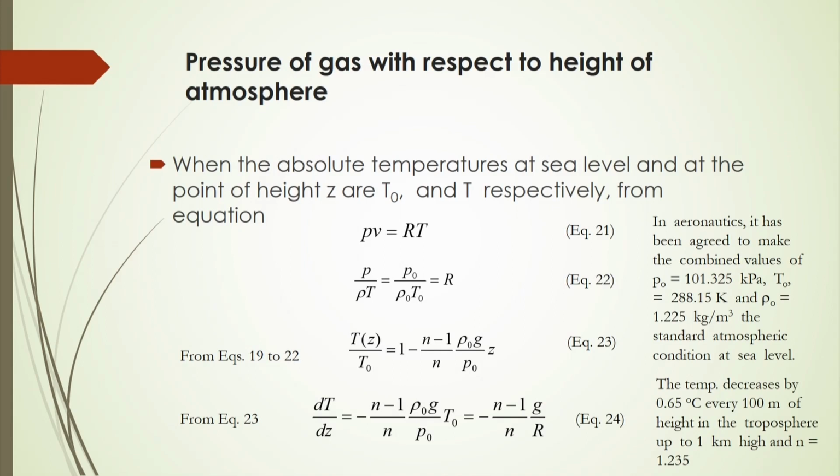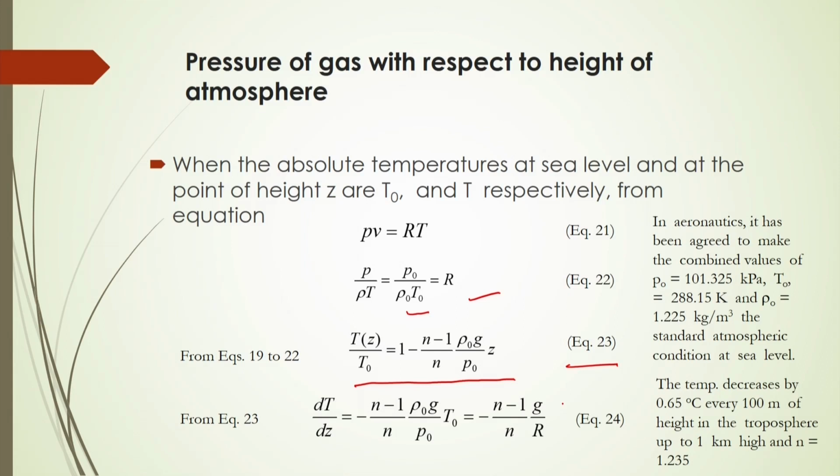Now we know that when the absolute temperatures at sea level and at the point of height z are T 0 and T respectively, from the equation P v is equal to R T, we can have P by rho R T equals P 0 by rho 0 T 0 is equal to R. And from equations 19 and 22, you can express how temperature will be changing with respect to height also. So, based on equation number 23, you will be able to calculate the temperature change along with the height